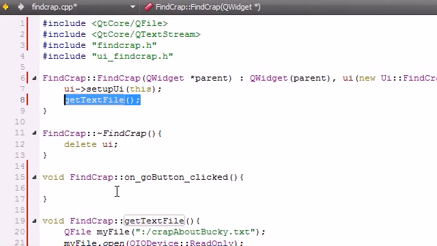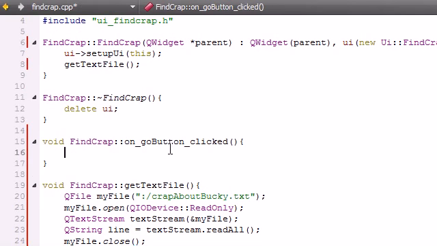There you go. So basically, it's going to set up the user interface and start reading the text file, but we aren't done yet. The only other thing that we need to do is on go button clicked, basically whenever they hit that search button or the go button, remember that we created in like the second video, what do we want to do? Well, the first thing we want to do is find what term they're searching for, and we want to store it in a variable. So store it in a string, QString, and I'm just going to name my variable word, and set this equal to user interface line edit